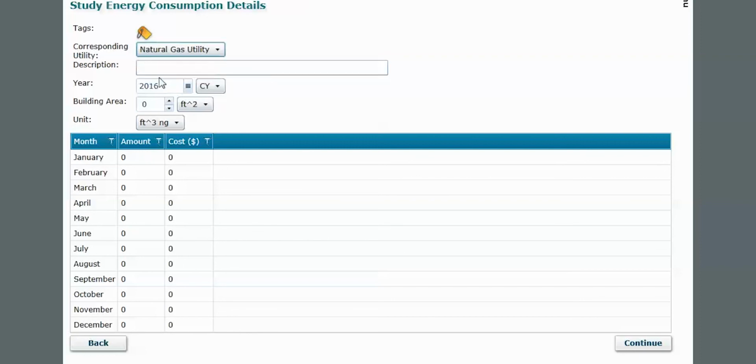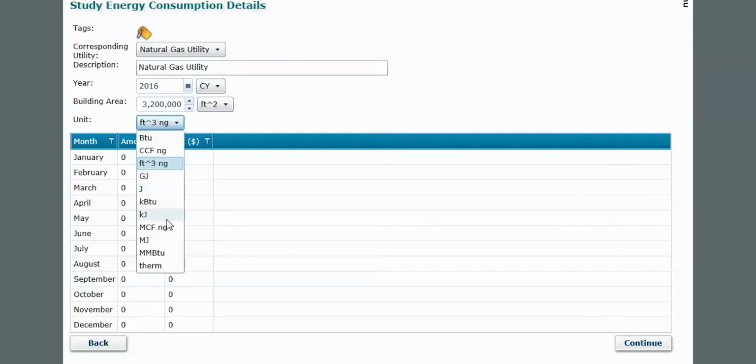Again, selecting the natural gas utility. And entering the same square footage. It doesn't have to be the same as the other utility though. Again, I want to emphasize that this building area should be the building area associated with that utility. So if there's a different region that's being served by the natural gas utility, you'd want to enter that square footage in here. I'm going to select therms,